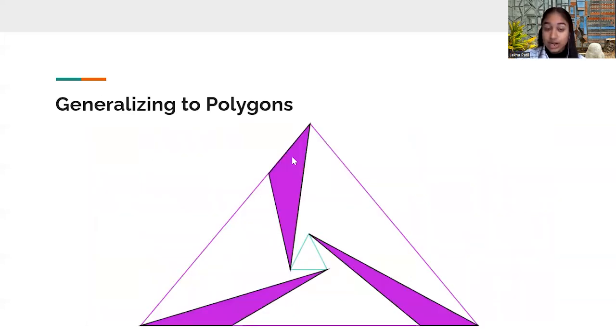This led us to inquire whether we can generalize these totally disconnected fractals to living inside any polygon, and indeed we can, because of this triangle right here. This triangle projects very thick shadows in every direction, which we know because the convex hull of any pair of these triangles will intersect the third triangle, and we know that this Hausdorff dimension will get closer and closer to 1 as we reduce the base. Because polygons are just finite unions of triangles, we can insert this fractal into any polygon we want.